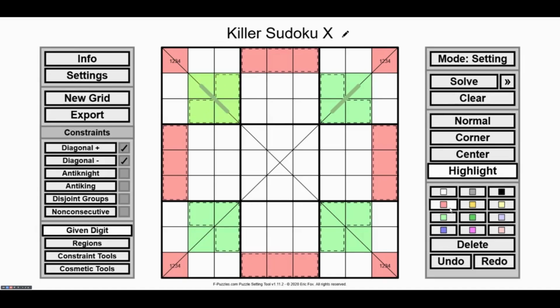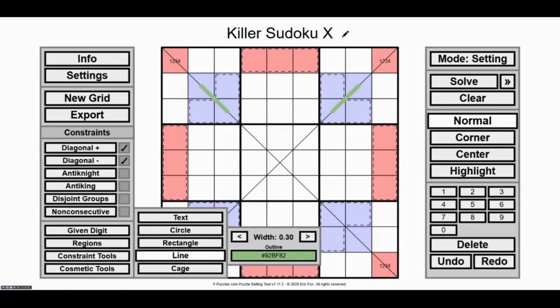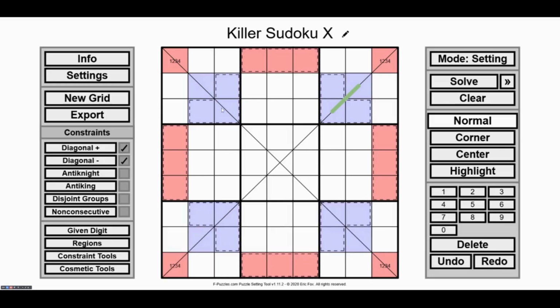So maybe let's change this highlight to blue so that I can see the green colors of the line. I think this is useful. So if I give whisper lines here